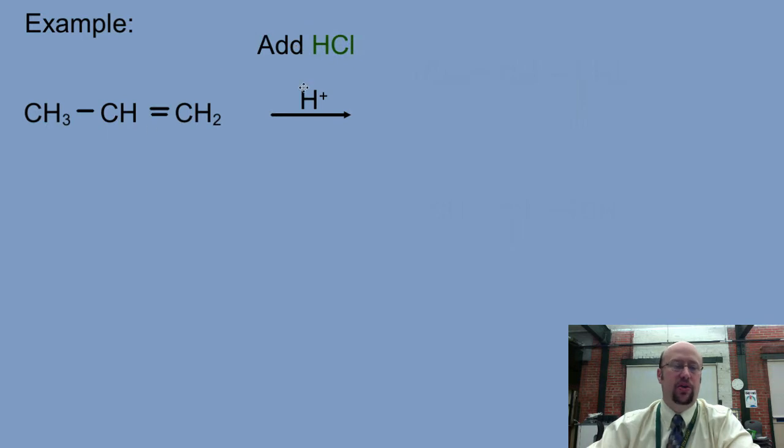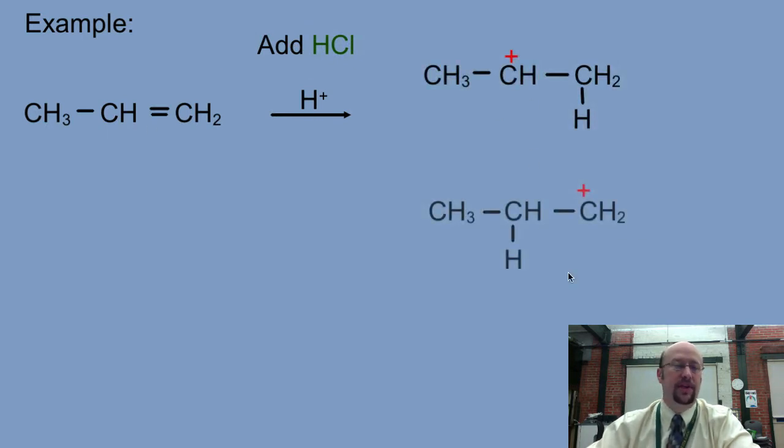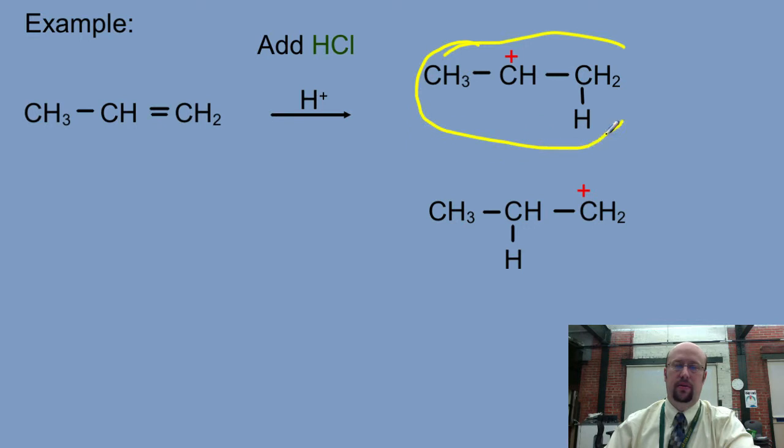So I'm going to add hydrochloric acid to this. What's going to happen is that I could get one of these two things. So hit pause real quick, figure out which one of these two things you think is more stable. Okay, if you selected the carbocation that is up top here, whoops, ran out of tablet space, then that is correct, because what we have here is 2 carbon-to-carbon connections. That's a secondary carbocation. If we put it over here, this is simply a primary carbocation,